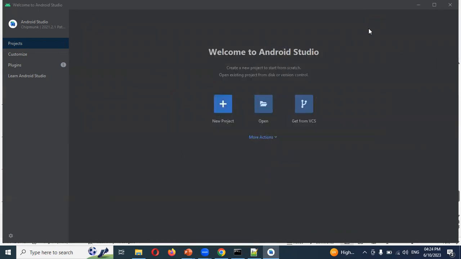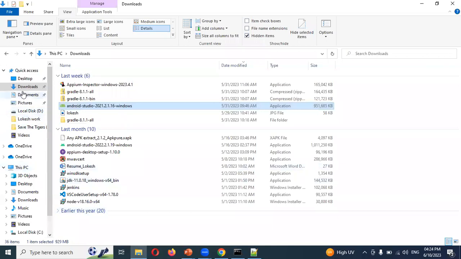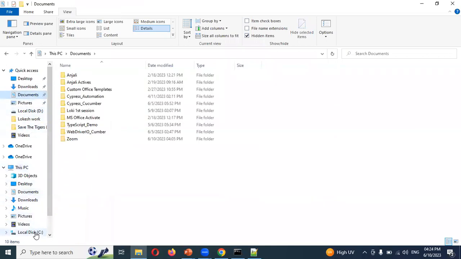After creating the project, delete the project. Go to the particular location where exactly it is presented and delete it. And in case you can see